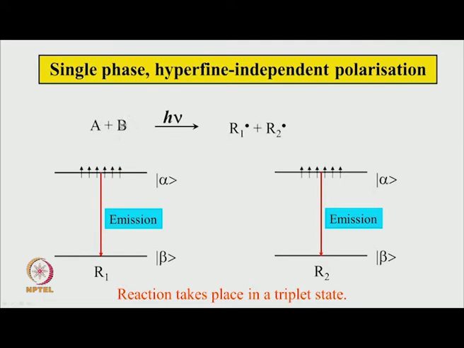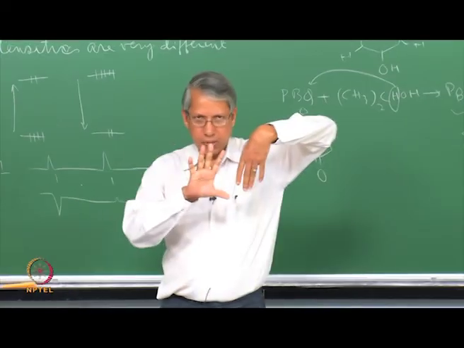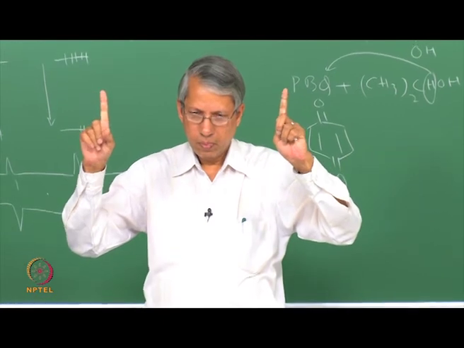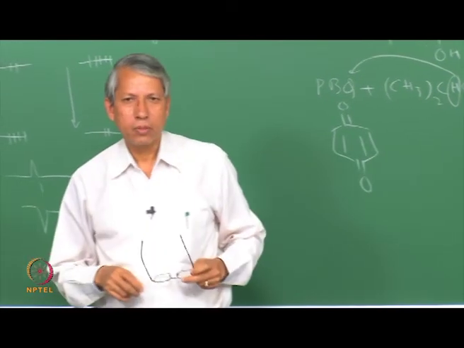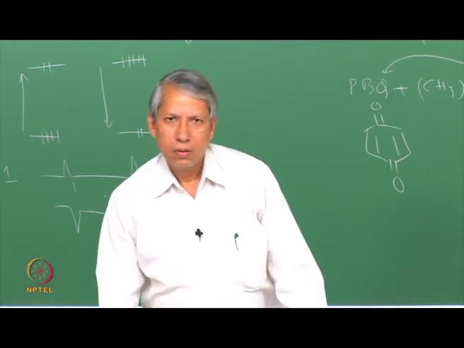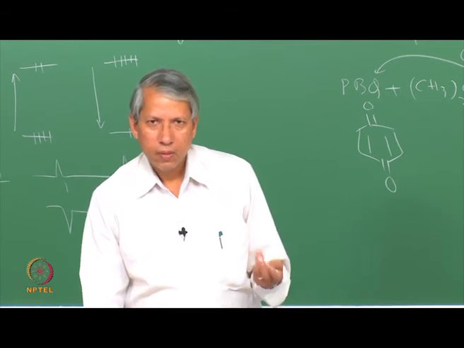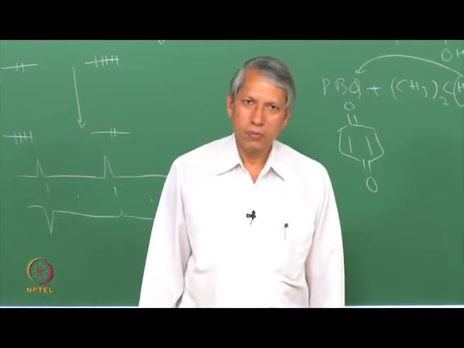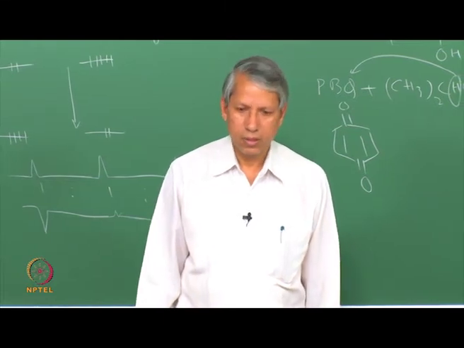All the electrons are paired when A and B were in the ground state, and when the radicals are formed, you see suddenly that radical 1 has alpha spin state, radical 2 has also alpha spin state. So, here all electrons are paired and suddenly these two radicals have 2 unpaired electrons, also parallel to each other, both are alpha spin. How is it possible? Apparently, this law of conservation of angular momentum is breaking down. So, there is something interesting going on there.